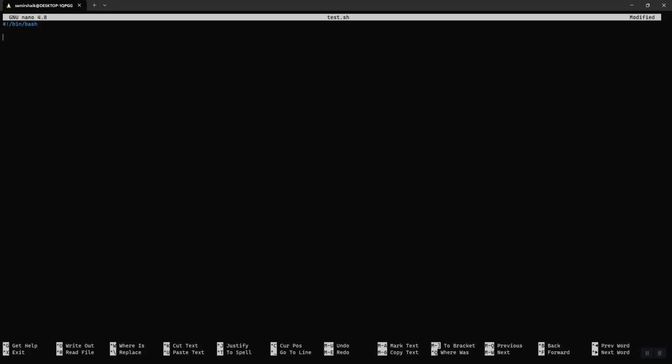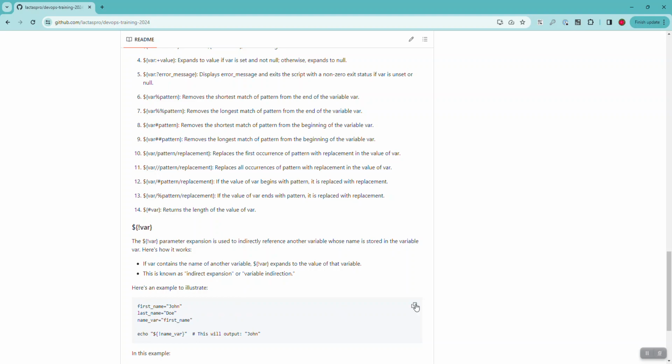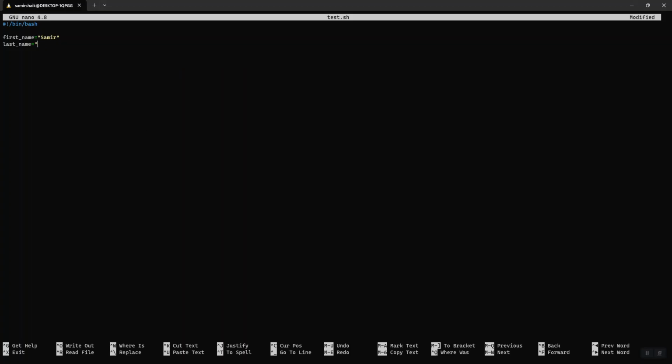I want to put a variable over here. Let's say first name is Samir, last name is Sheikh. Or we will take the example which I have given over here directly, so we don't have to type a lot of things. So first name is John, last name is Doe, name variable is first name, so there's a variable I'm keeping. And over here, the important piece is this exclamation mark. If I don't put this exclamation,